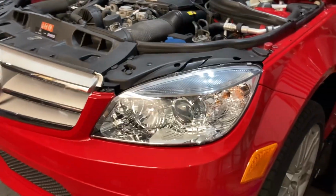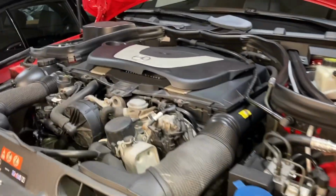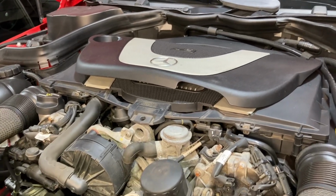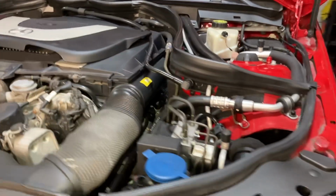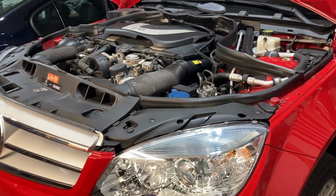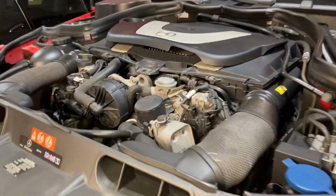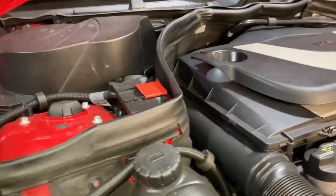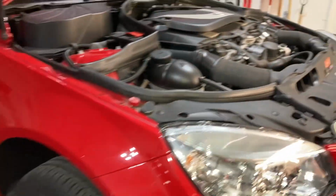Okay, quick tutorial on how to do an oil change on your W204 chassis Mercedes-Benz C300. This should also apply, should be pretty similar for C350s or other M272 powered Mercedes-Benzes. So the first thing you're going to want to do is jack up the car and pop the hood,